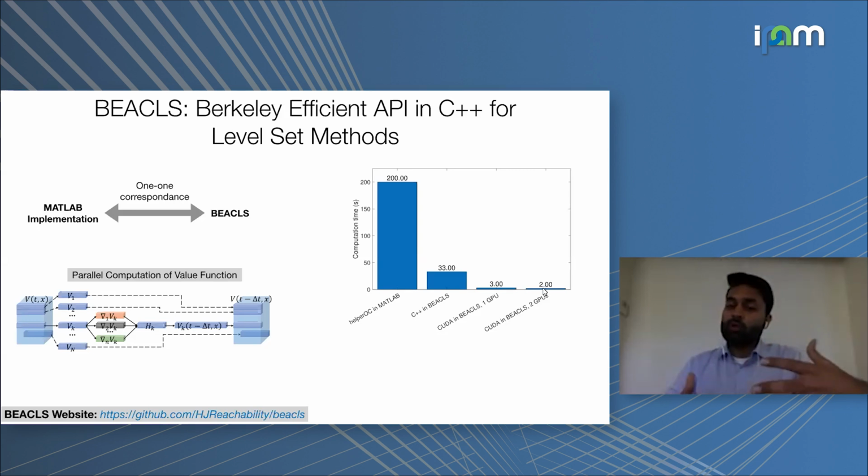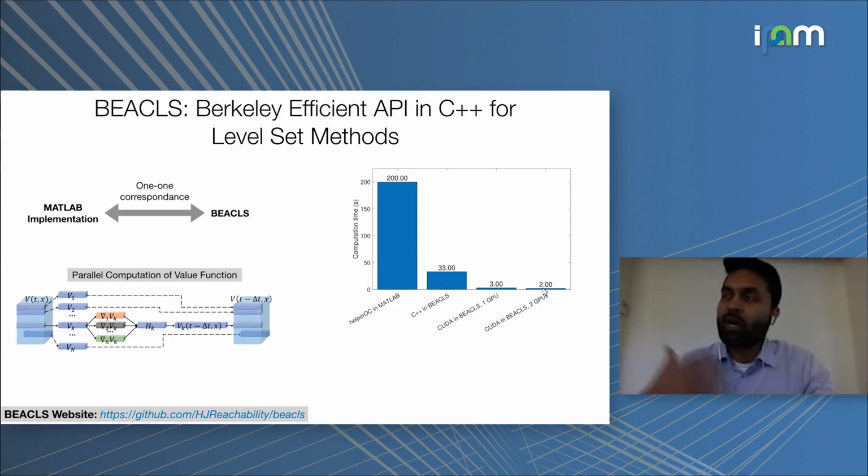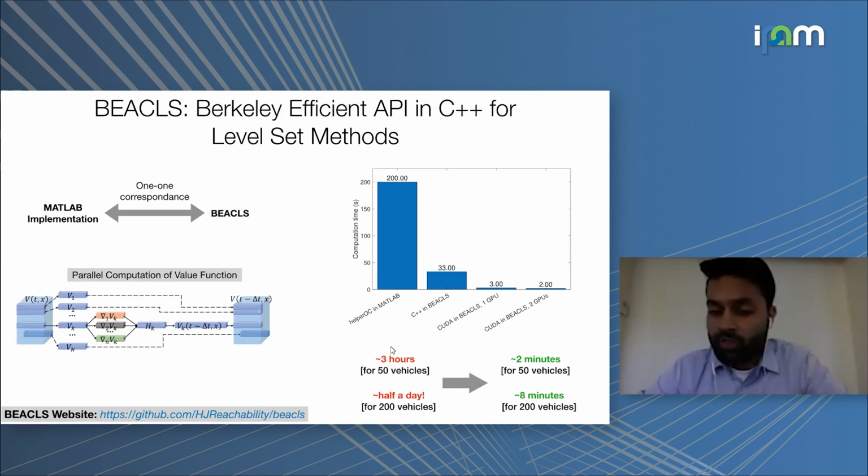And this gives us almost a 100-fold, I would say a factor of 100, in the computational savings in this particular case. So that reduces our computation time of 3 hours for 50 vehicles to under 2 minutes. And similarly, the computation which was taking half a day now can be done within 8 minutes. So we have released BEACLS as an open source library, so you can download it and use it